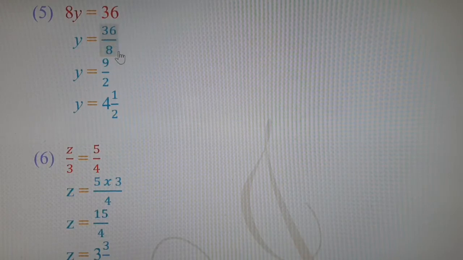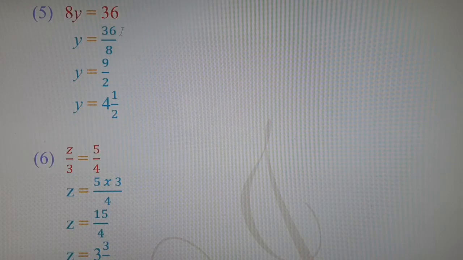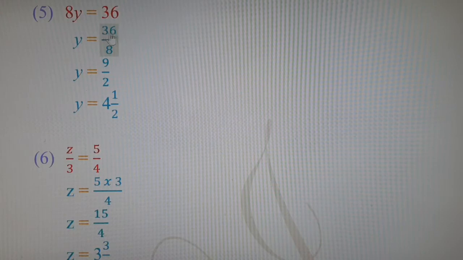Now this we can further simplify and reduce it by cancelling with the 4 table. 4 table 8 is also there, and 4 table 36 is also there. 4 2s are 8, 4 9s are 36. So 8 is cancelled and 2 is written in the denominator. With the 4 table we are cancelling 36 from the numerator. 4 9s are 36. So 36 is cancelled and 9 is written. Again I repeat, 4 2s are 8.